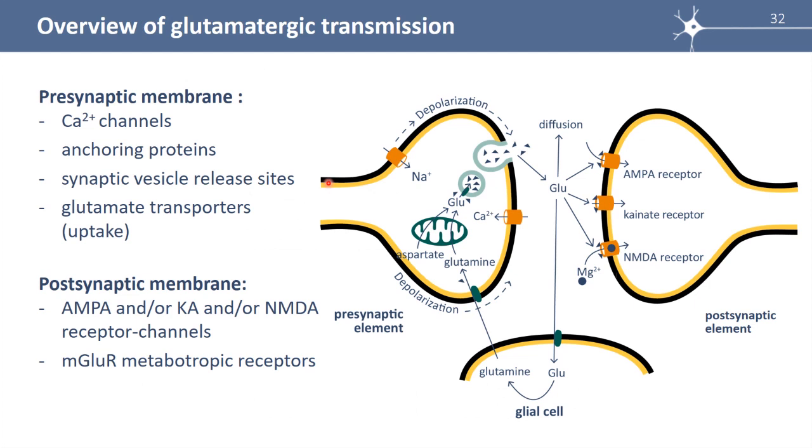Let's have a look at the glutamatergic synapse. We recognize here the presynaptic element, the axon terminal with the membrane here, and the postsynaptic element, which can be a dendritic spine, a patch of dendritic membrane, or a patch of somatic membrane. You see here the two layers of the membrane in black and yellow, and here is a patch of a glial cell